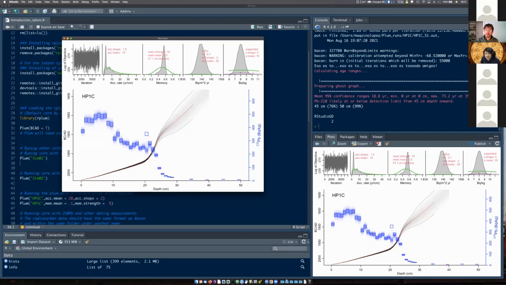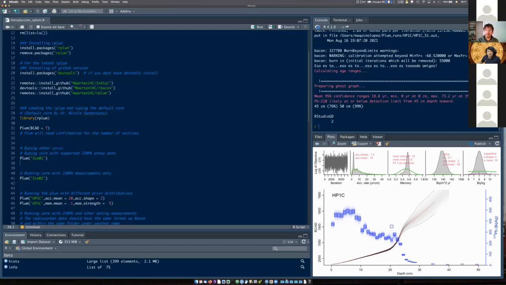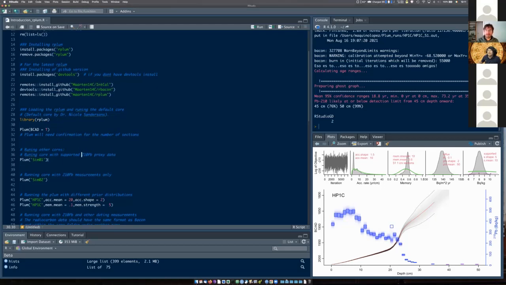There's a question. That's because you haven't used the library rPlum function. You need to sort of call it in. Something like that, Marco? Yeah, that one. Perfect. So now we want to run this sim0,